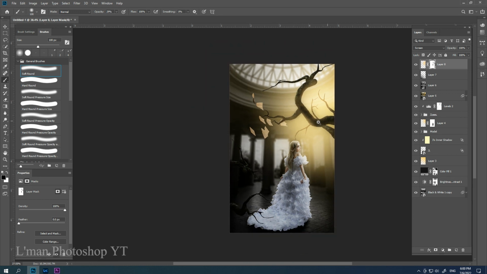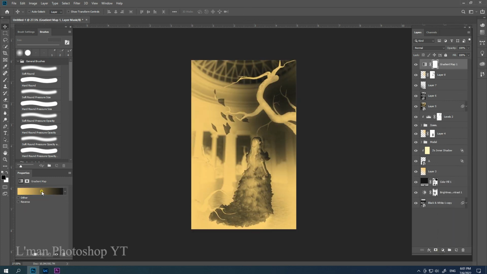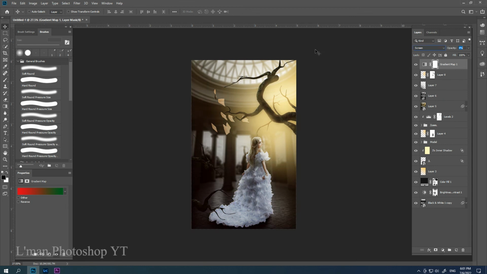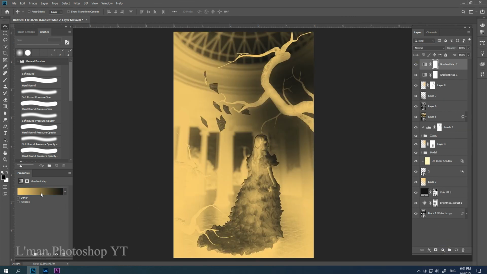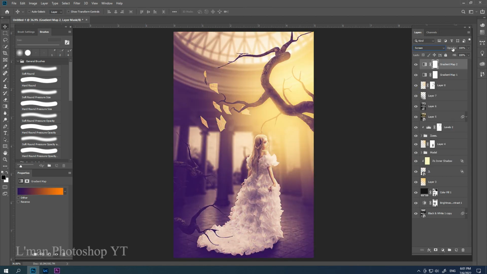Let's do some color grading with a gradient map. Open the gradient map adjustment layer. Select this red to green preset. Change the blending mode to screen and lower its opacity. Create another gradient map adjustment layer. This time select the purple and orange preset and again change its blending mode to screen and lower its